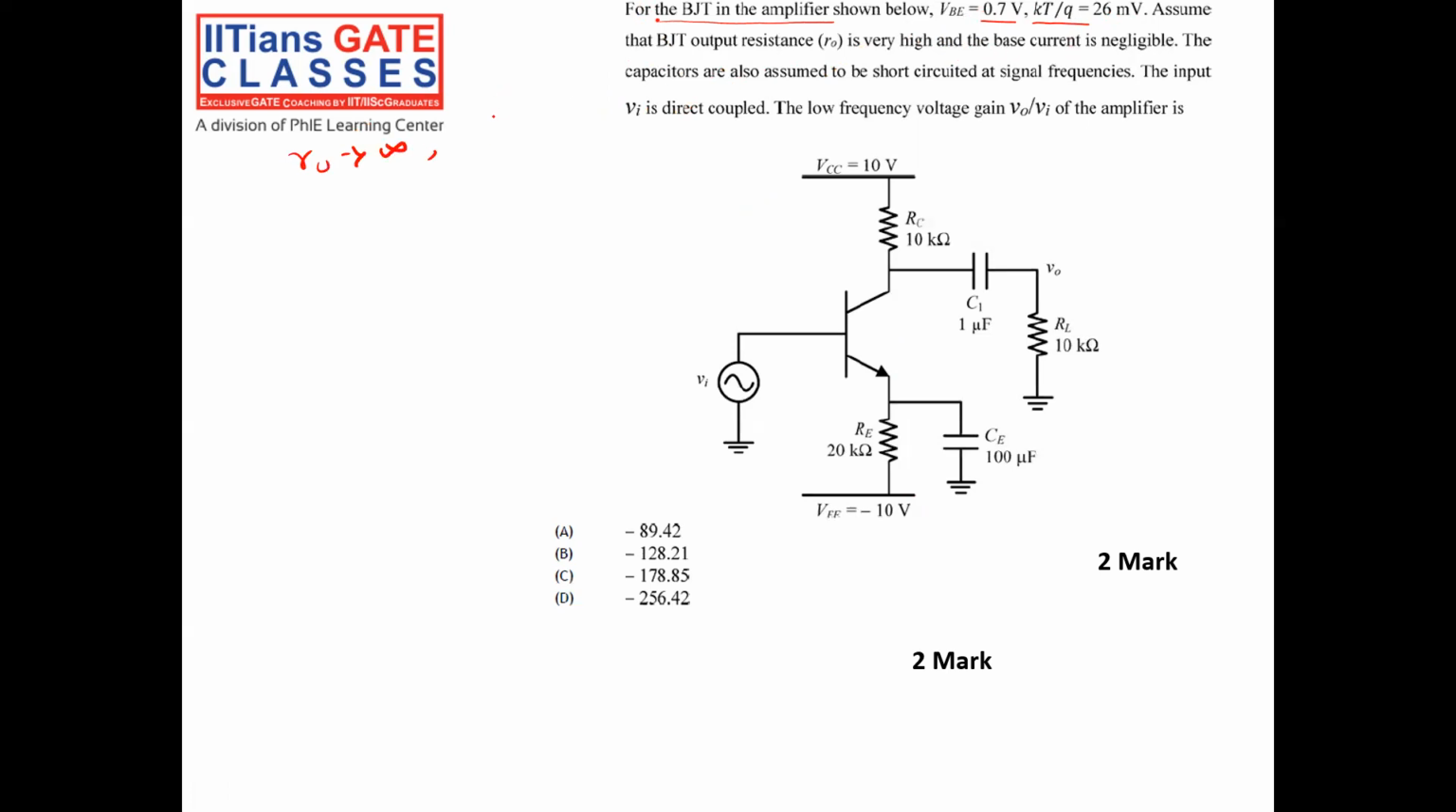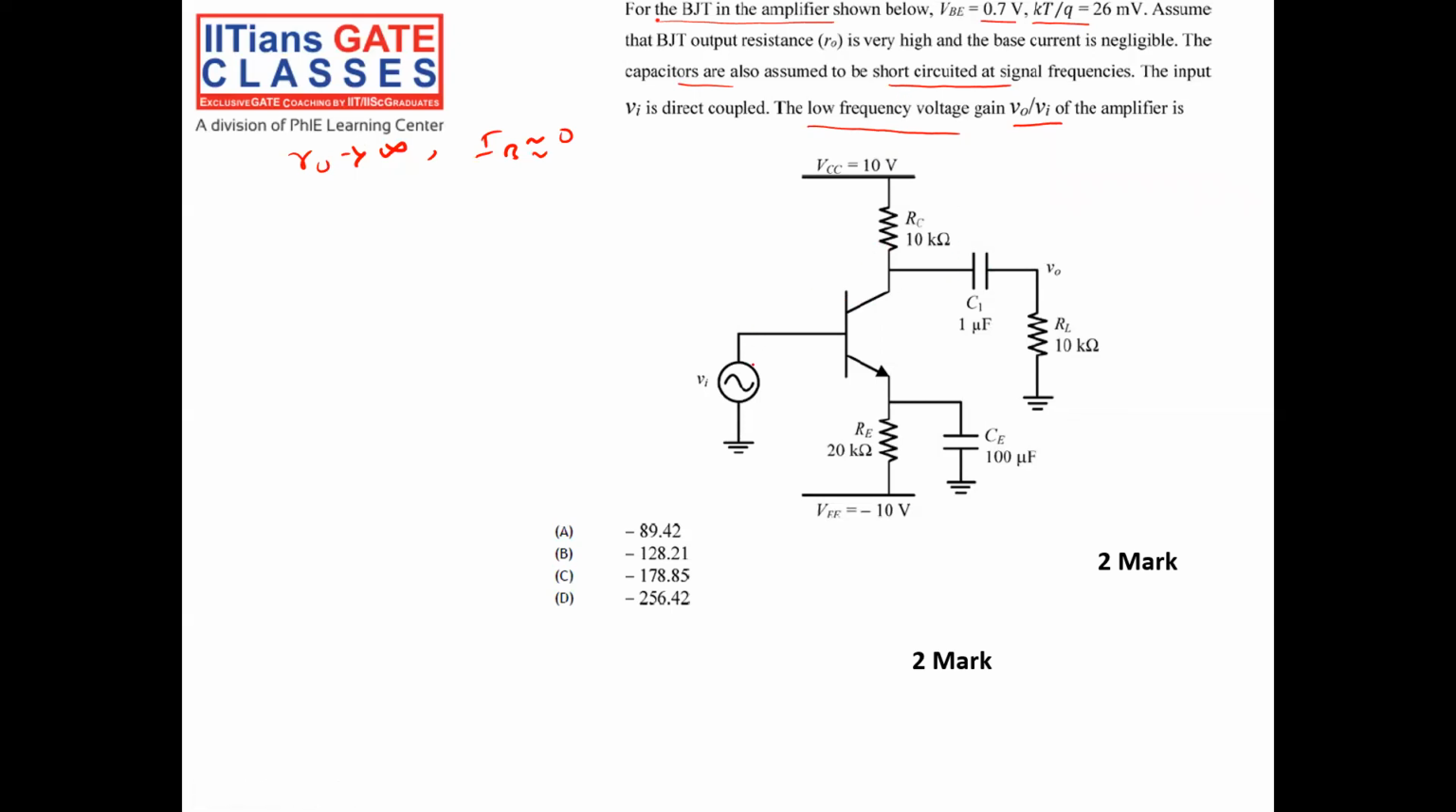And base current is negligible. That means IB is 0, right? The capacitors are also assumed to be short circuit at the input signal frequency, right? When the input Vi is directly coupled, we have to find out the low frequency voltage gain V0 by Vi of the amplifier. Okay. So guys, you see here, in order to find out the voltage gain, okay, what it